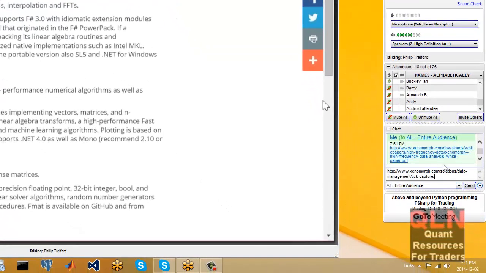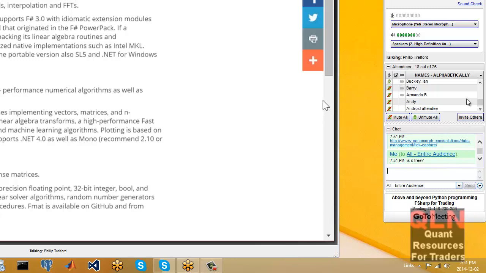Xenomorph. Great question. There's a type provider to Xenomorph, and that gives you typed access, a bit like we've seen to the World Bank, but across a huge range of financial products. The type provider is free.